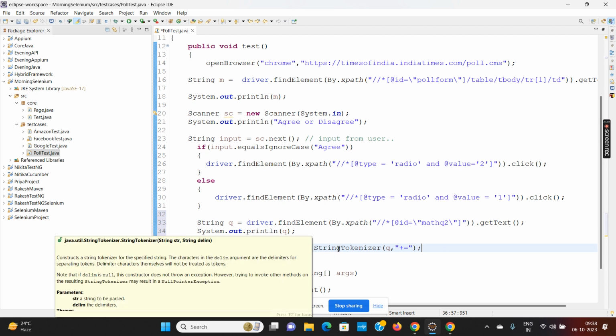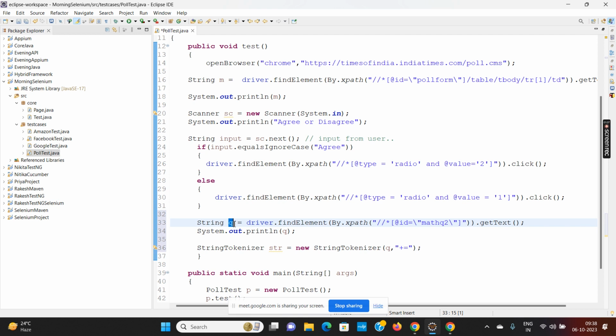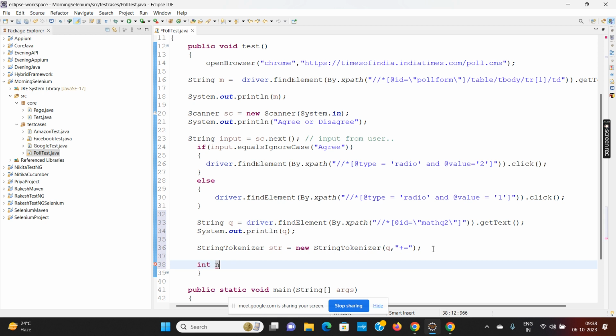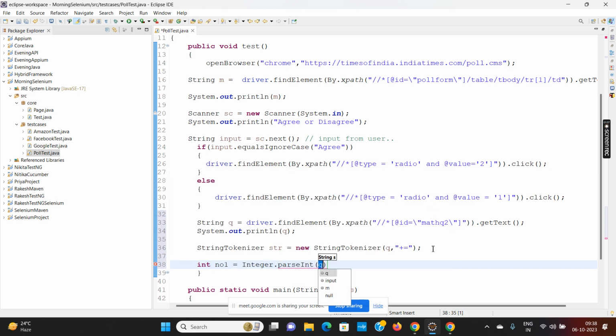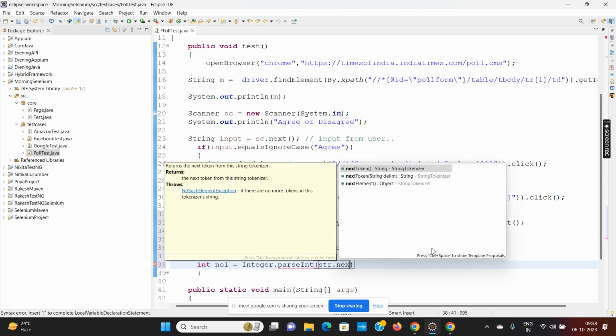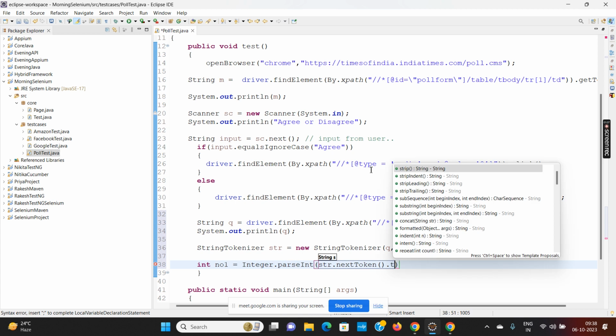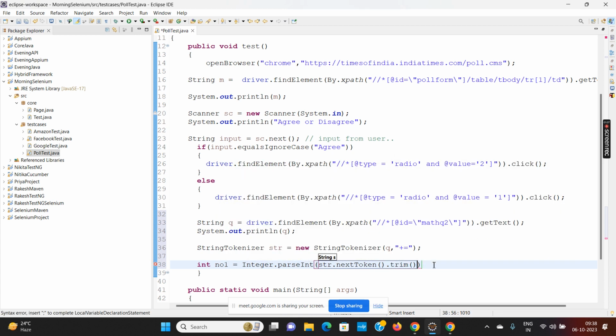The StringTokenizer is a class coming from the util package which is used to break this string at the identifier plus and is equal to. Then I will get number 1 is equal to the StringTokenizer method nextToken. nextToken will break the first string, then trim will remove the space and Integer.parseInt will convert it to the number. So I'll get the first digit,